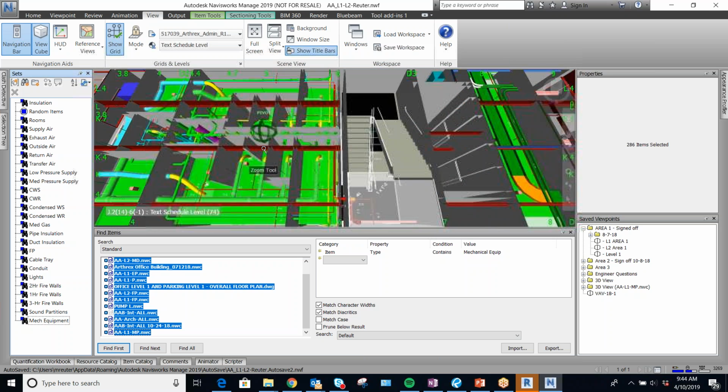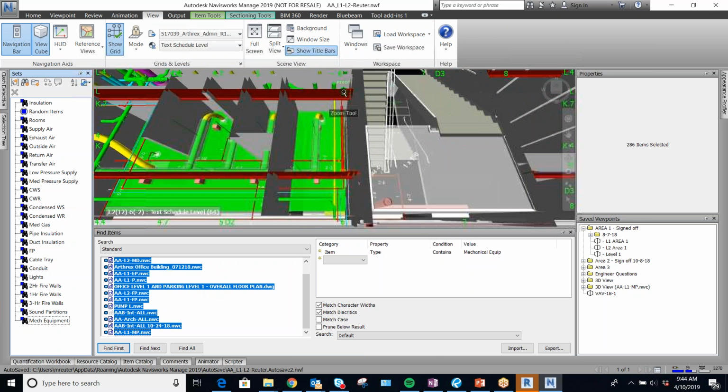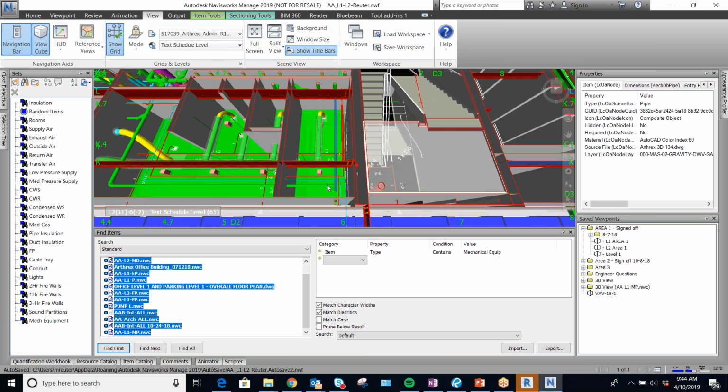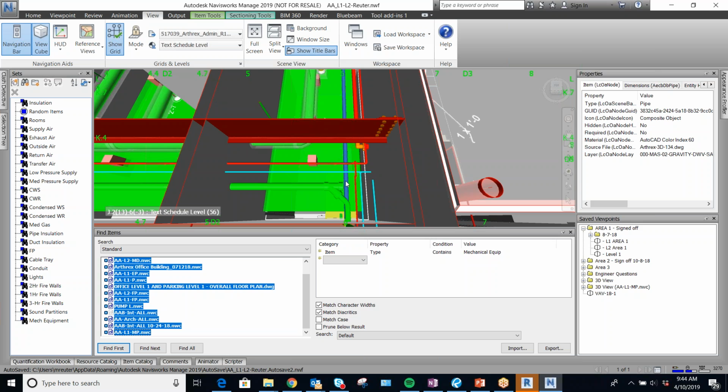Let's see what else. I saw that there was hot water and cold water piping in here. Yeah, that was drawn by someone else. Their conduit, their AutoCAD stuff. Okay. So if I click on this one,